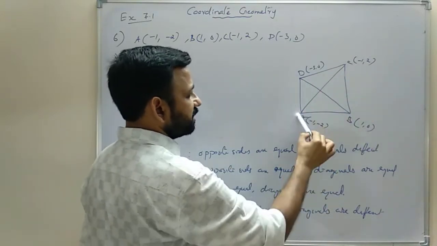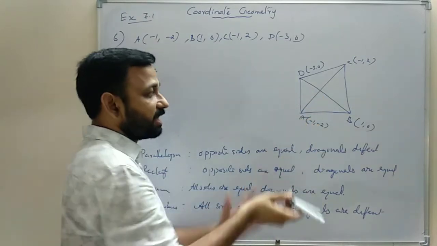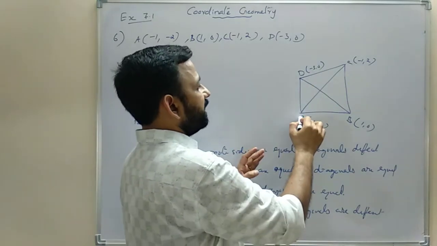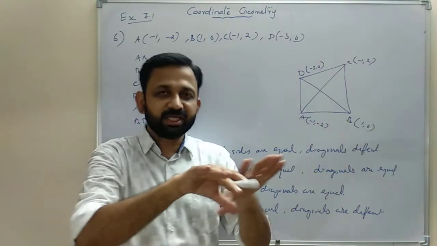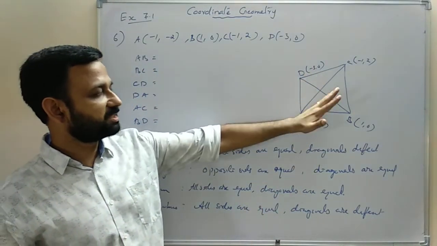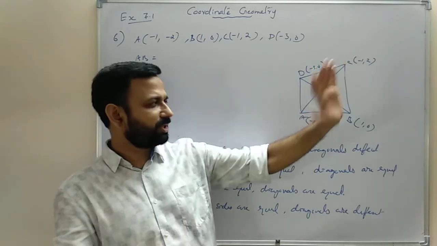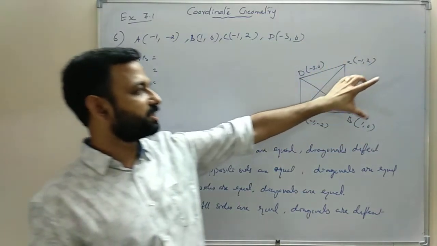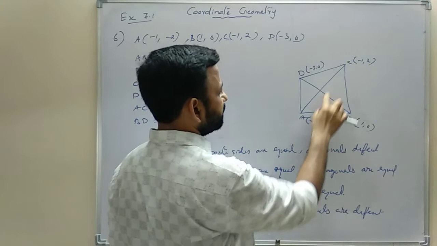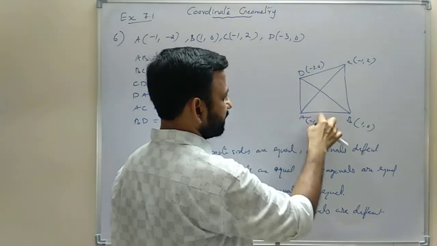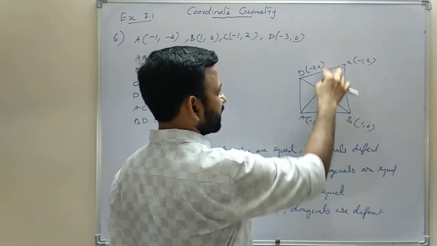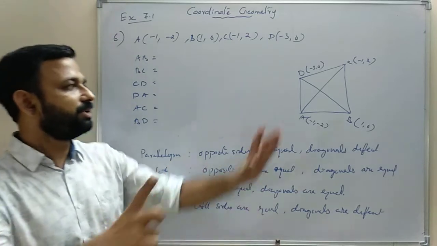And in every triangle, the sum of any 2 sides should be greater than the third side. Then only we can say that the quadrilateral is formed. That means the triangles are forming. If all the triangles are forming, then the quadrilateral will be formed. So first we have to check whether the sum of any 2 sides in any triangle is greater than the third side. So no need to write the steps. You just do that calculation in your mind and make sure it is a quadrilateral. Means here the sum of these 2 sides should be greater than this one, the sum of these 2 should be greater than this one, and in this triangle the sum of these 2 should be greater than this. In this triangle, the sum of these 2 sides is greater than this, etc. So like that we need to make sure.